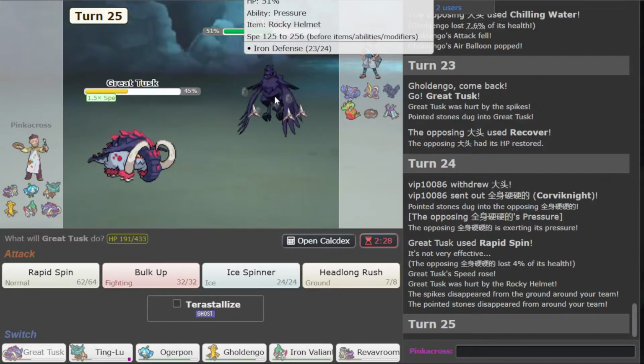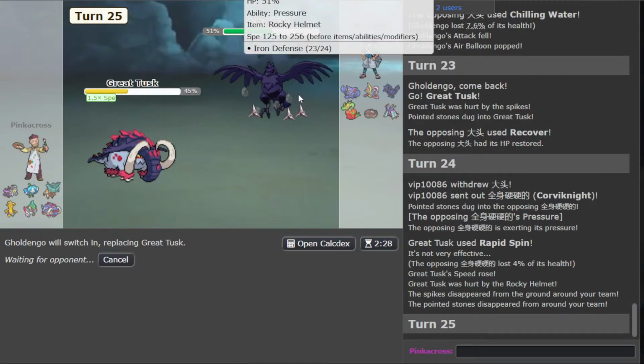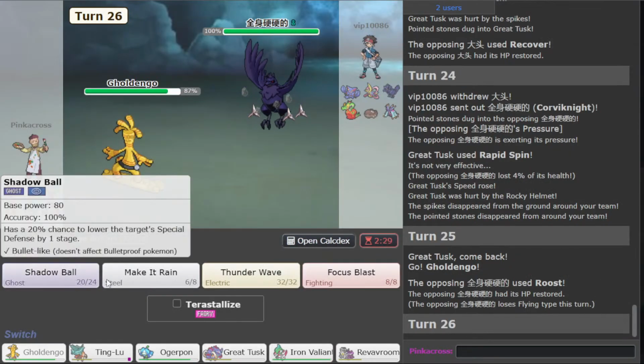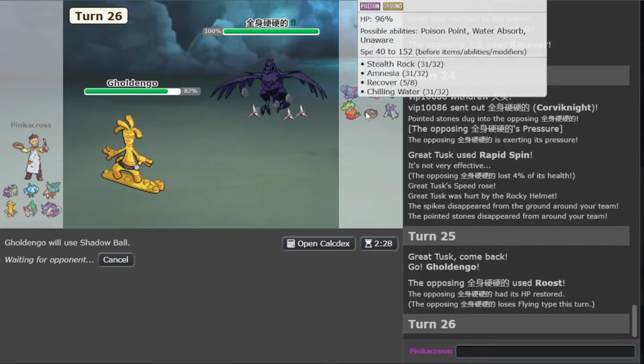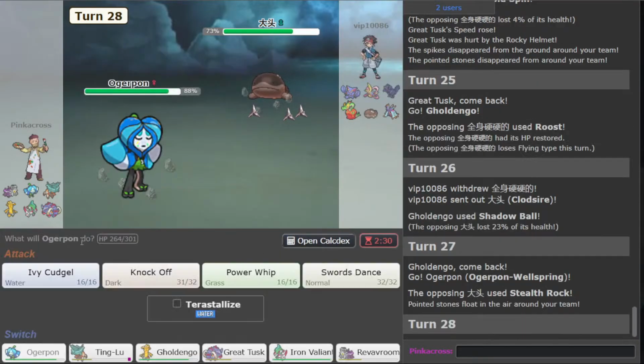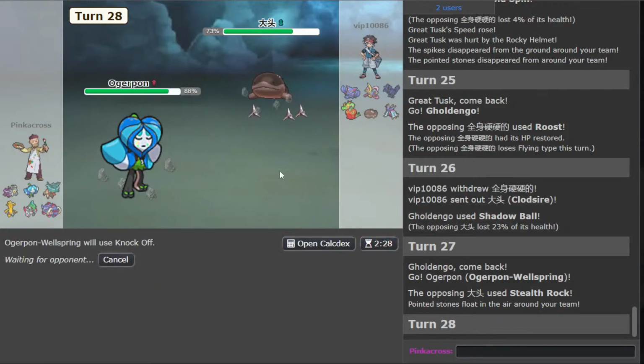Okay, and we get the spin off on the Corviknight. That is beautiful. We are in a really good spot now. This game is looking good. Yeah, we're just going to click Shadow Ball here, and as the Clodsire comes in, we're just going to go into our Ogerpon. And, yeah, we can click Knockoff here very safely and just do a lot to some...